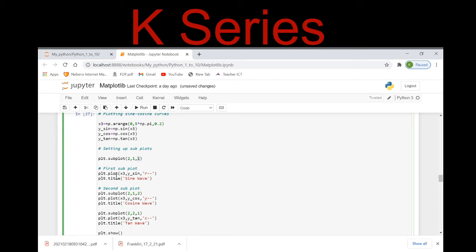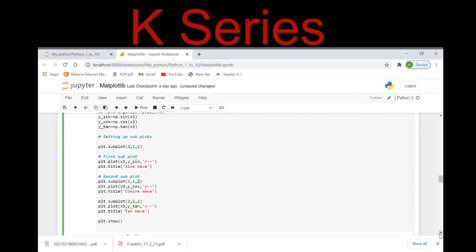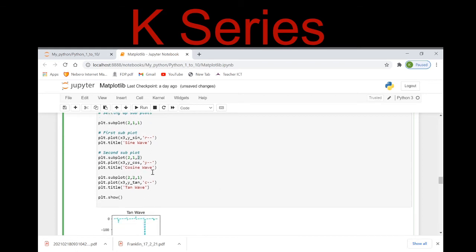Now at one position, my plt.plot says x3 and y sine. At my first position, I am taking the sine wave here. At the second position, the number of rows is 2, number of columns is 1, and my second position, that is the index, is 2 here. And here I am taking the cosine wave.